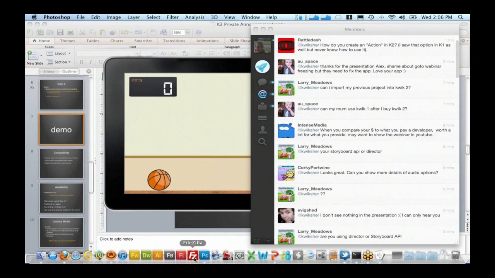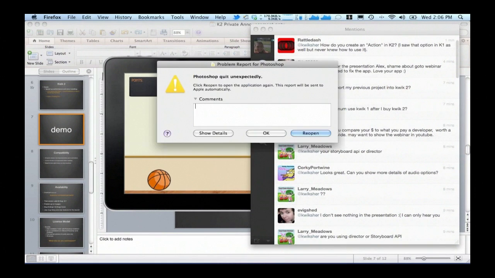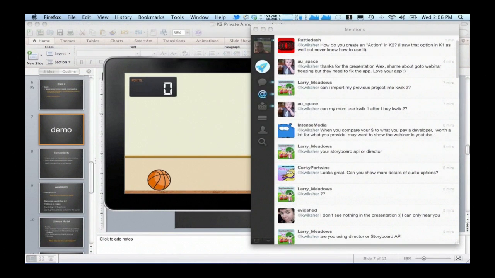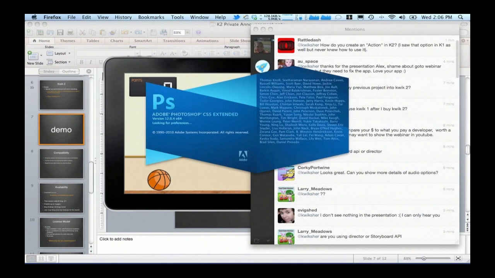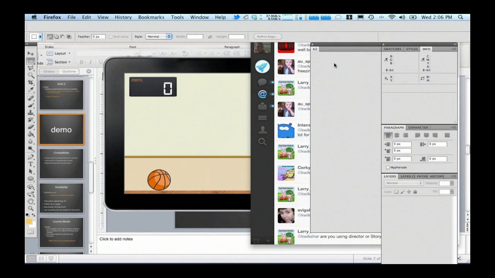So meanwhile, I'm going to answer another one. Will it work with CS6? Yes, I answered that already. It does work. Meanwhile, I'm going to ask another one. Okay, variables we covered already. Create action. There. Oh, can I show you an example using external code? Yes, I can, but let me just bring Photoshop back to life here.